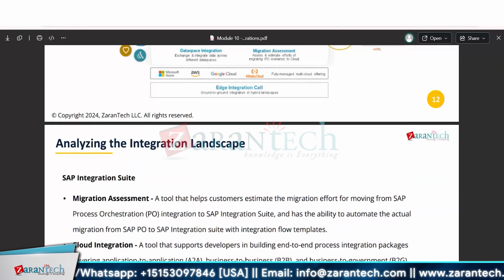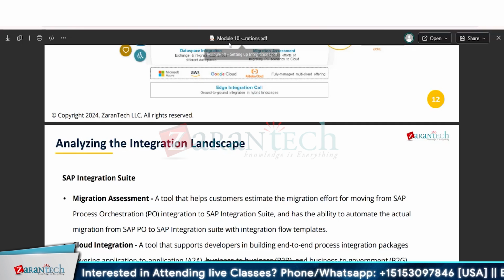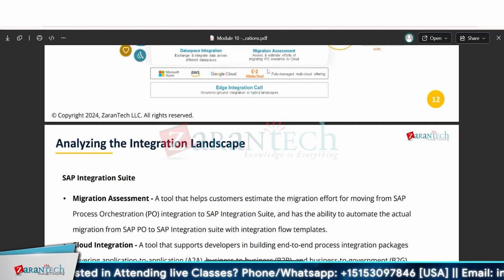Migration assessment, a tool that helps customers estimate the migration effort moving from SAP process orchestration integration to SAP Integration Suite, and has the ability to automate the actual migration from SAP PO. PO is nothing but process orchestration to SAP Integration Suite with integration flow template. So migration assessment I talked about here. And then we have cloud integration,